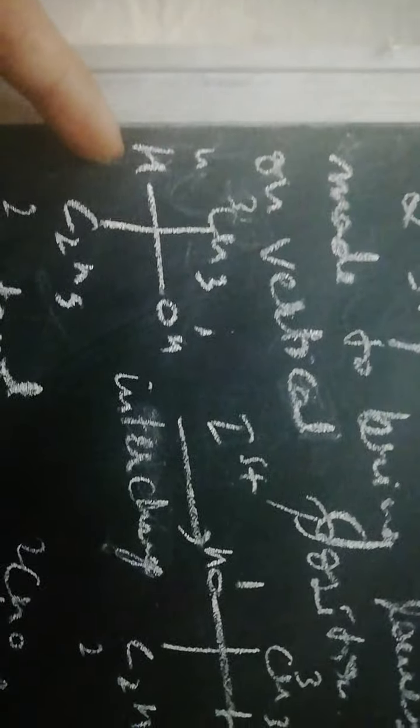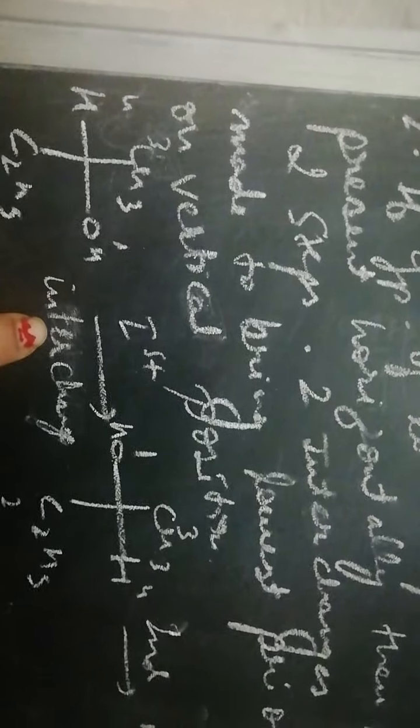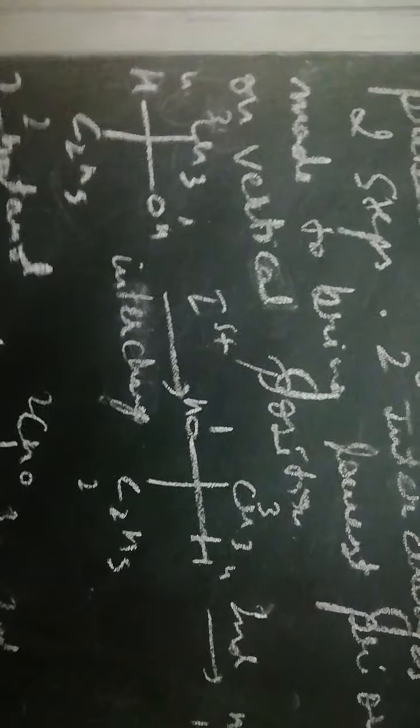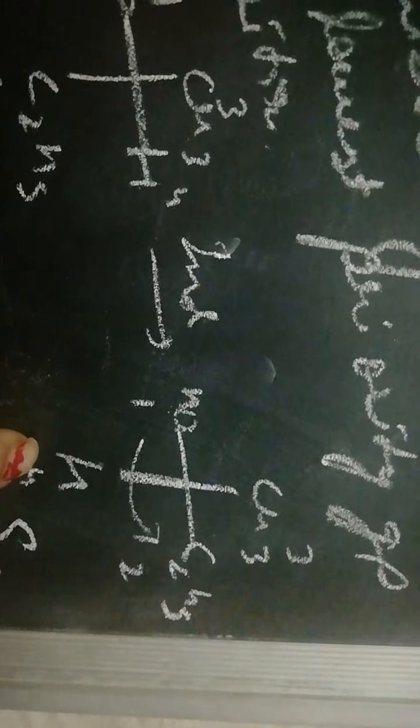Now we can see that group of lowest priority is on the horizontal position, so we will require two additional steps. So first interchange is made between the groups present on the horizontal line. So H and OH will be exchanged. So in this we can still see that the group of lowest priority is present on the horizontal line. So second interchange is made and this group of lowest priority is exchanged with any group on the vertical position. So this H and C2H5 are exchanged. Now group of lowest priority is on the vertical position.